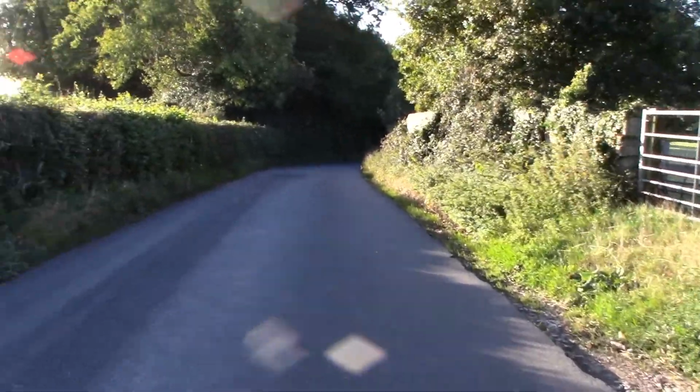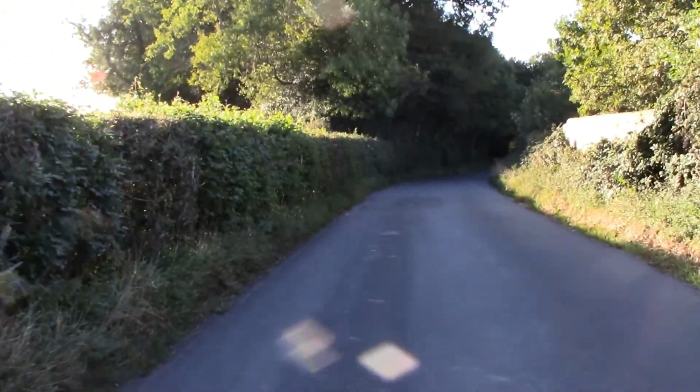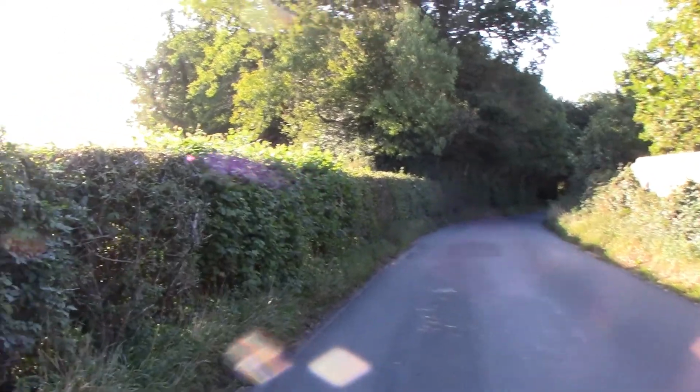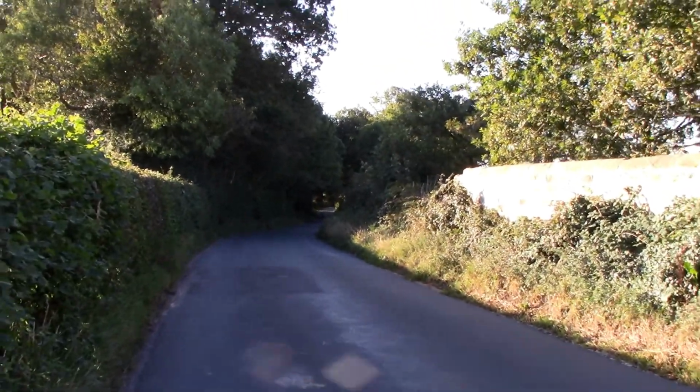But I don't honestly think I'm going to get any closer to the tower, which is a shame, but at least I've been able to show you where it is. And now I'm going to make my way